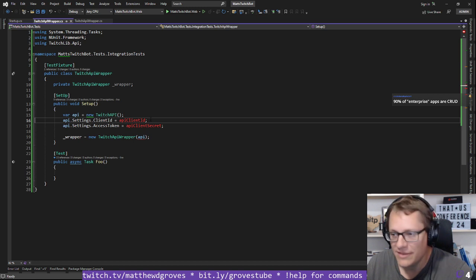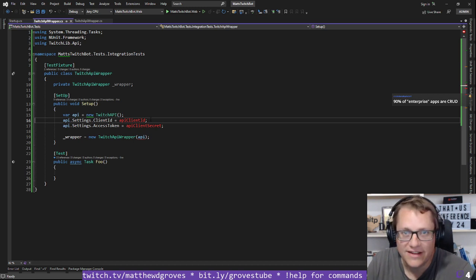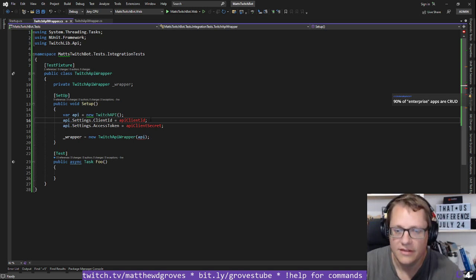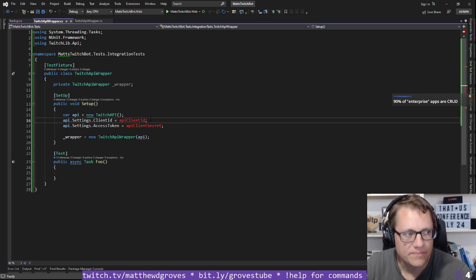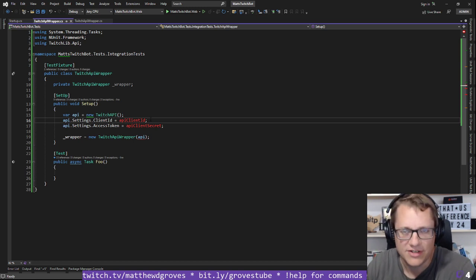90% of enterprise apps are CRUD. Enterprise in quotes. Maybe, maybe. I work for a company that is a database that specializes in large scale, not exclusively, but large scale systems, right? And so it's not just CRUD from my point of view, but of course we're very much a different sort of place than